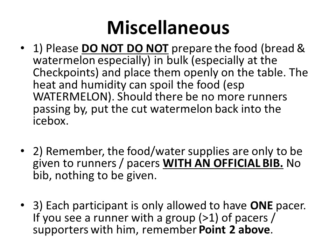Right. The miscellaneous are actually a couple of key things which I need all of you to take note of. First one, hygiene. Please don't prepare the food in bulk and put them openly in the table. You can chop the melon in advance, but make sure you put it back onto the ice box because the heat and humidity can spoil the food. So don't just chop up the melons, make the sandwiches, dump them on the table, and expect the runners to come take and go, because